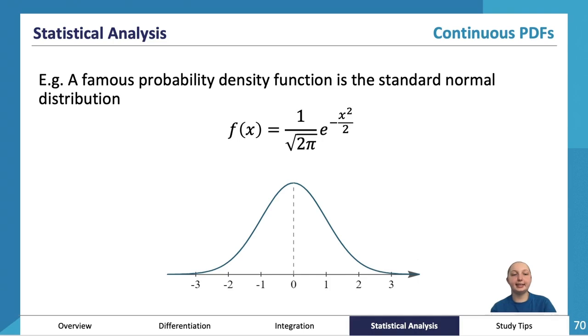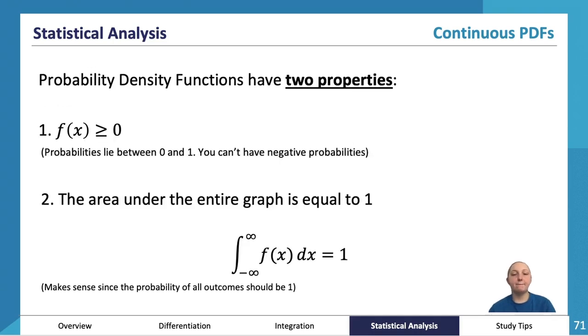So with probability density functions, they all have two properties. If your PDF does not have these two properties, then it is not a probability density function, okay? First property is that every single f of x is greater than or equal to 0. Essentially, this is because probabilities will all lie between 0 and 1. You can't have a probability less than impossible, which is 0, and you can't have a probability greater than certain,